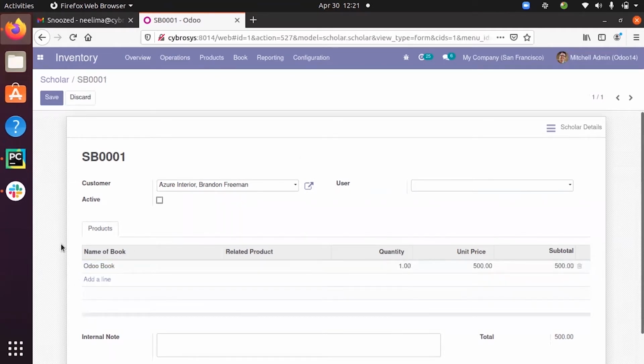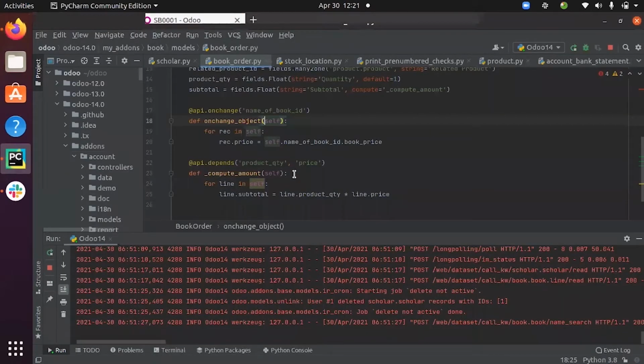So that is how onchange works. Here you can provide the field name, so when changing this field, the price will be updated.